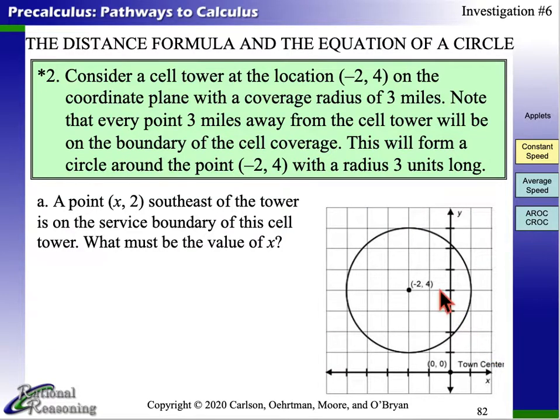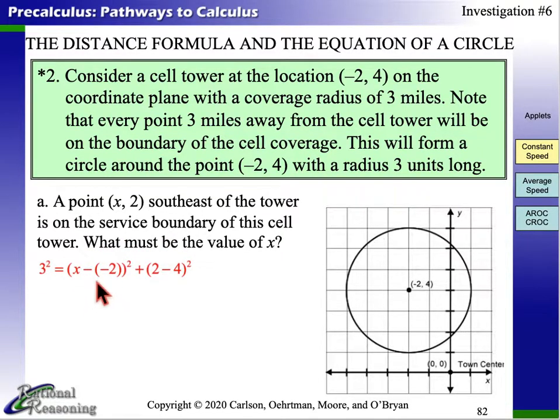And we're told that it's southeast of the tower. So south would be down here, east would be here. So if it's going to have good coverage, it better be about right there. So the way we could figure it out, we know the distance has to be 3 or less. So this is kind of giving us the boundary. And what we've got is the coordinate of the point is x. The coordinate of the tower is negative 2, so we subtract those to find that distance, right? X minus minus 2. We're going to square that